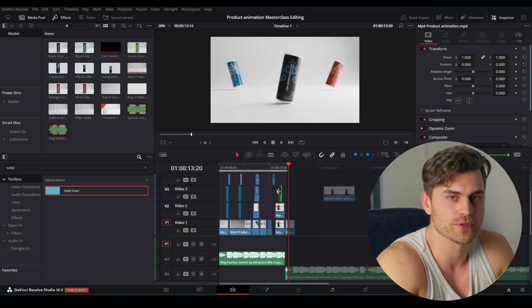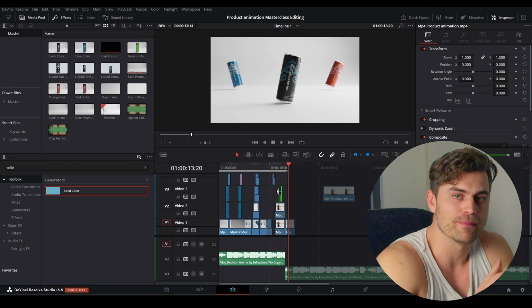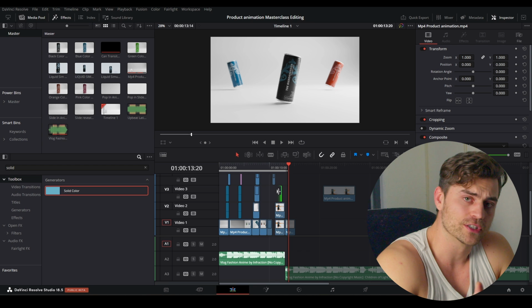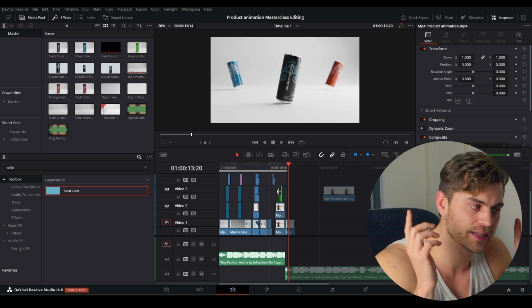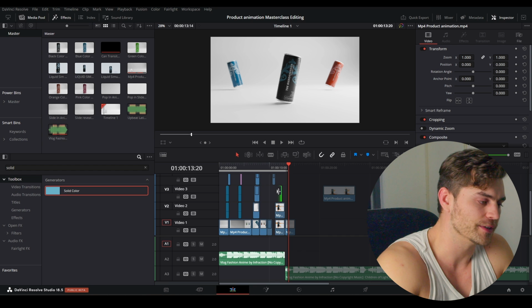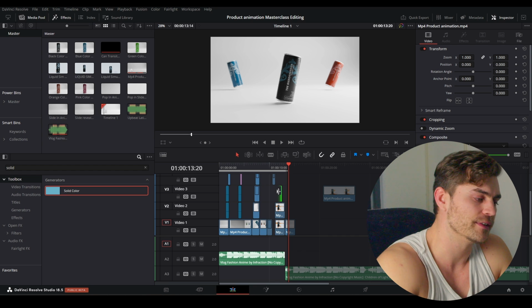So the key points I want you to take away from this class is that you can cut on the action and on the beat and make sure that the shots have smooth transitions between them. If you are making this, you can speed ramp some of your shots. You have to think that out before, because if you were to speed up 24 frames like we talked about, you cannot fit 24 frames in 5 seconds. It will just look janky. So you need to take that into account.